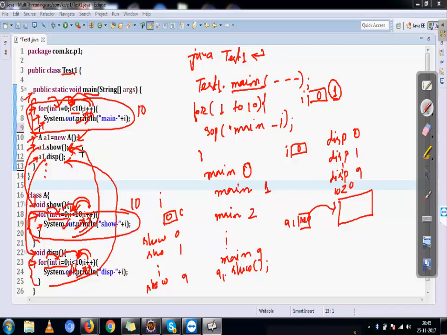Once this is over, the same control goes to disp, and from here again it comes into this part, and this is also going to run 10 times, right? So the same control is moving 10 times here, 10 times here, 10 times here, right? Now